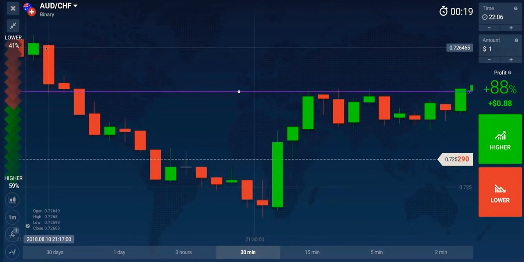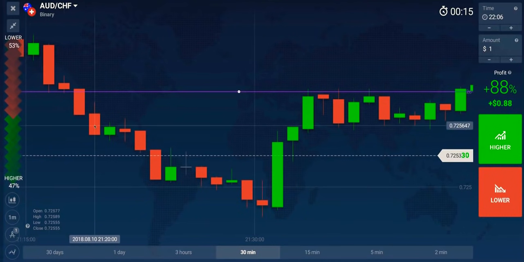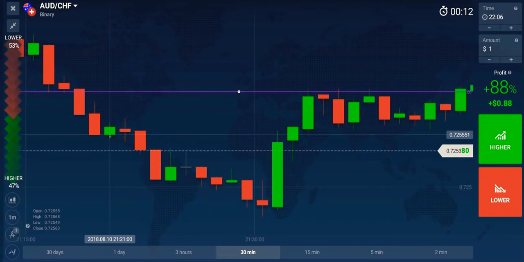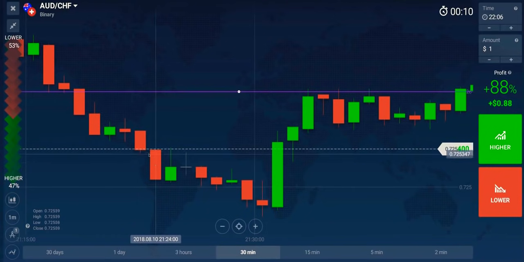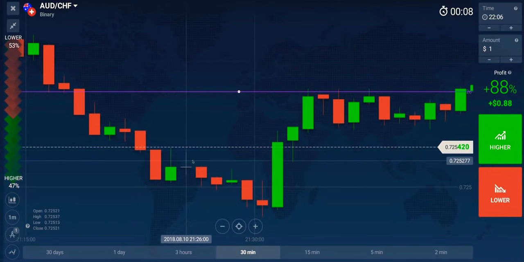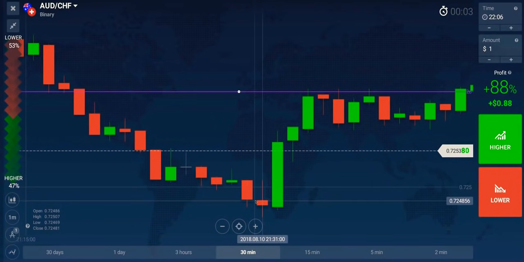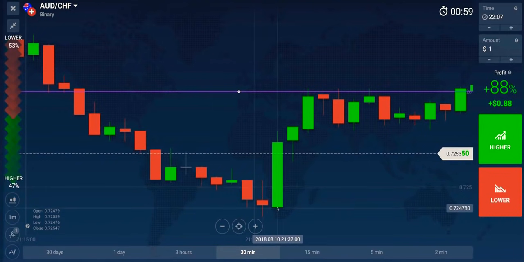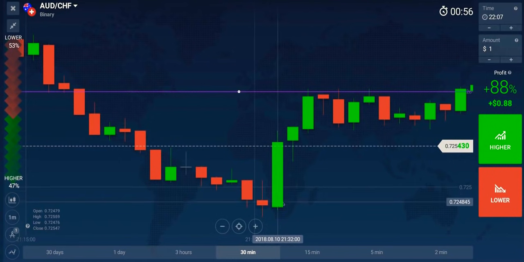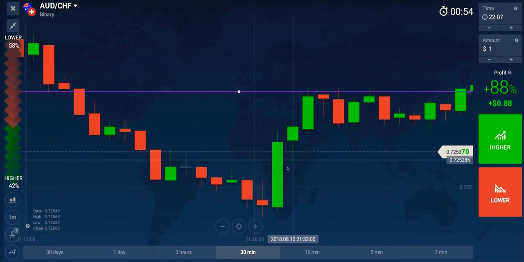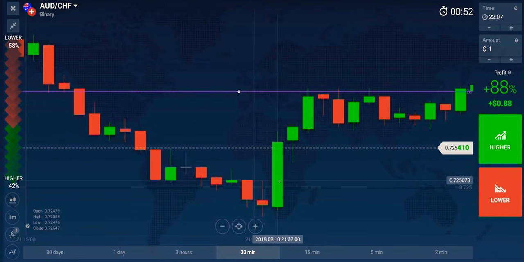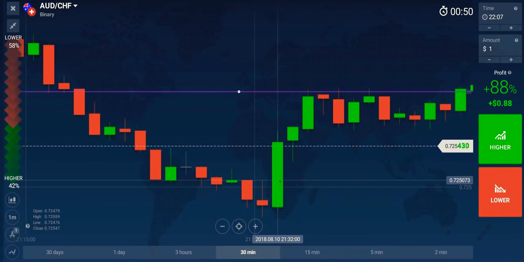We're currently on the Friday live market on AUD CHF. For example, we start from here. We're having a downtrend. Market is going down, down, down. We have a retrace here, and then it continues down. Retrace here, down, down, down. Retrace here, down, down, and then suddenly, after this red spinning top, you have a huge green candle with a